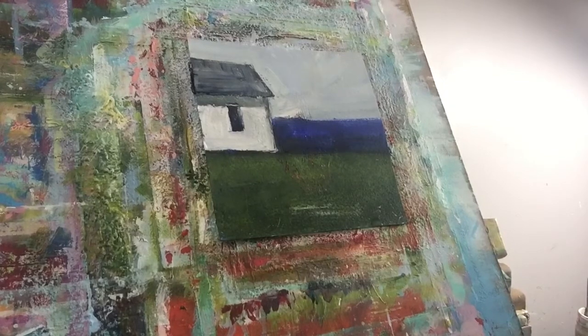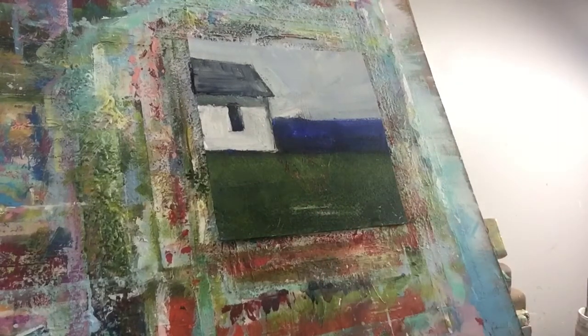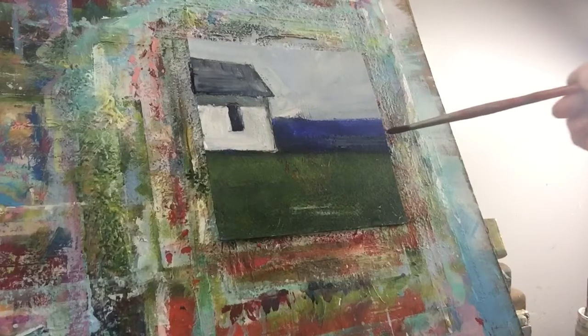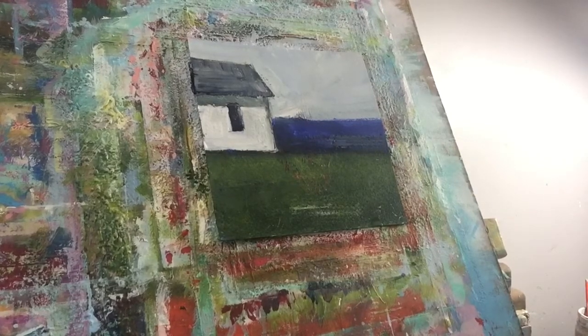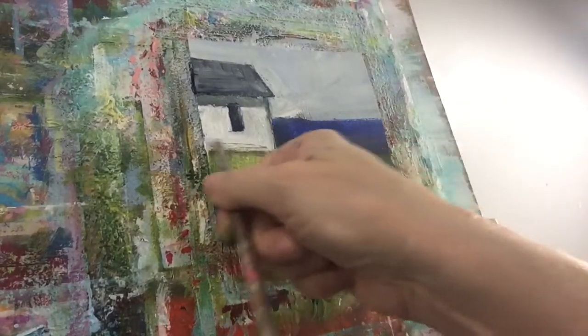I'm going to add a little bit more of this dark right here. And this, it's too wet, so it's pulling the paint away, but I'll add another swatch of blue on that. Alright, I'm going to take some of my lime green, and it's okay if it goes up on the house because it would be